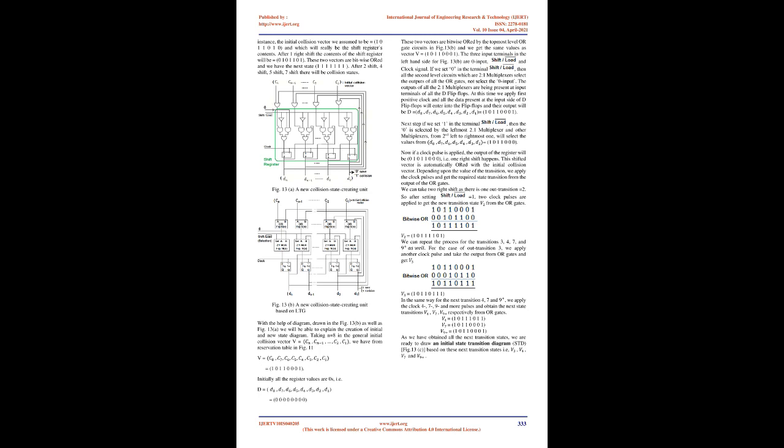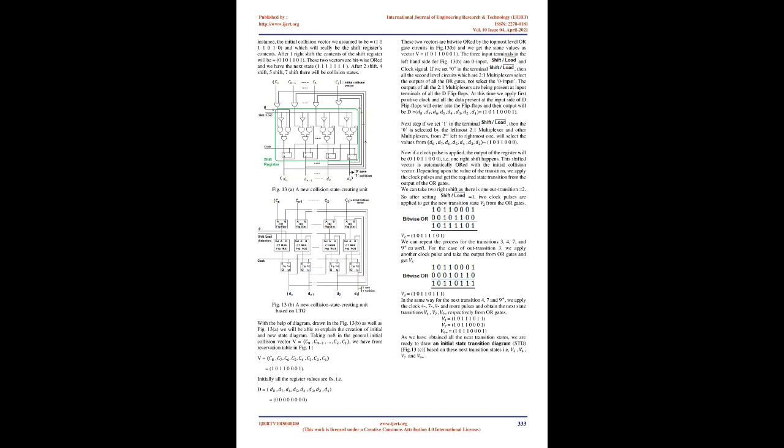With the help of diagram, drawn in the Fig 13, B, as well as Fig 13, A, we will be able to explain the creation of initial and new state diagram. Taking n equals 8 in the general initial collision vector V equals 1,21, we have from reservation table in Fig 11. These two vectors are bitwise ORed by the topmost level OR gate circuits in Fig. 13, B, and we get the same values as vector V equals